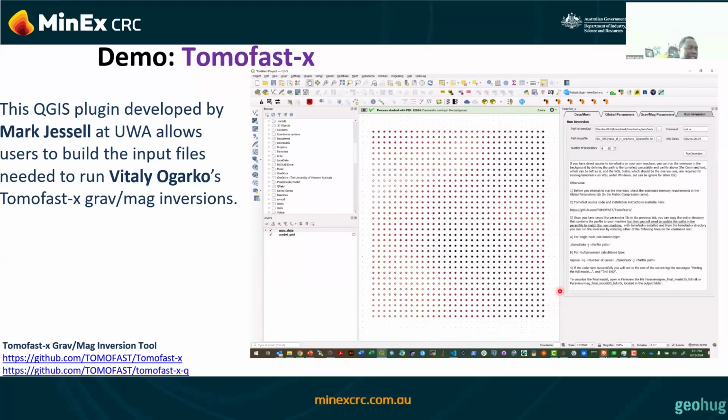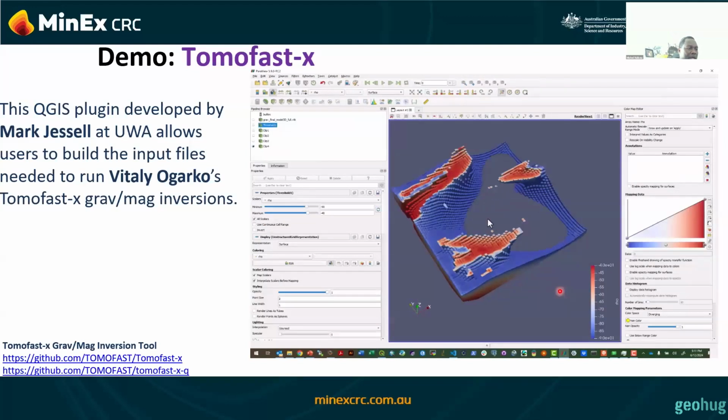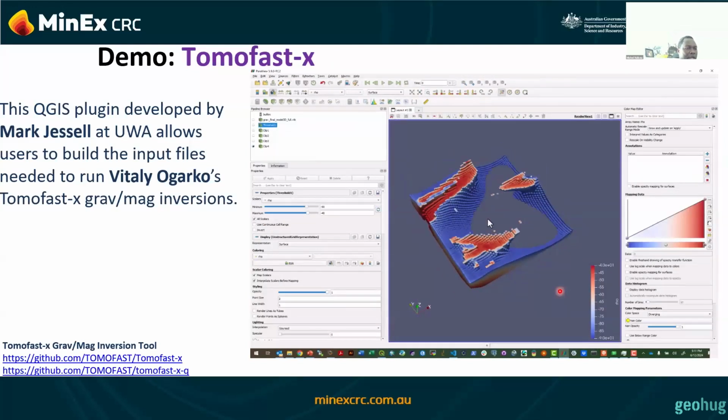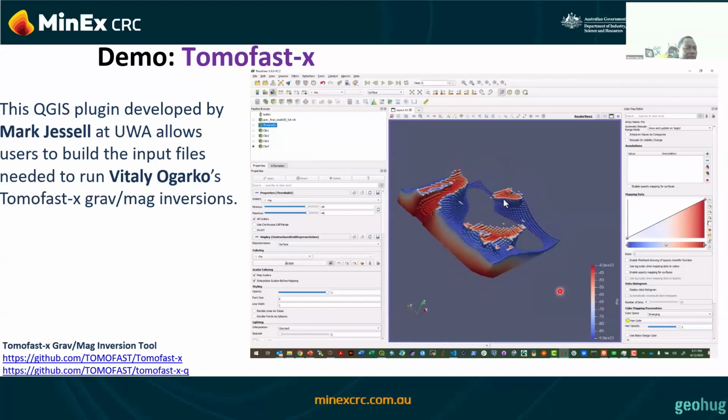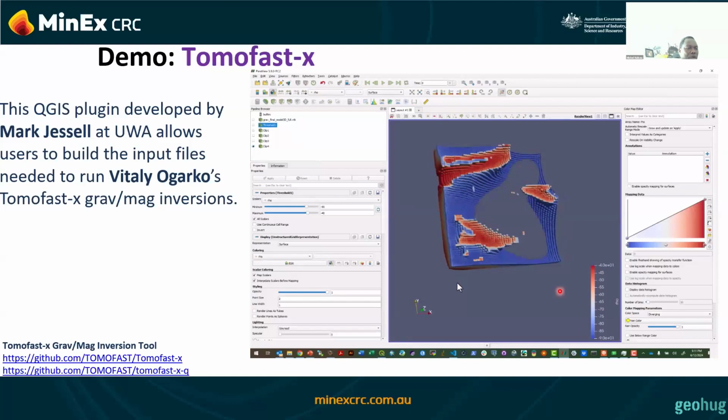As I said earlier, we don't have a visualization tool within QGIS right now, but we are collaborating with a company working on 3D visualization within QGIS, and hopefully by the end of 2025, we hope to have the visualization embedded in the plugin as well.